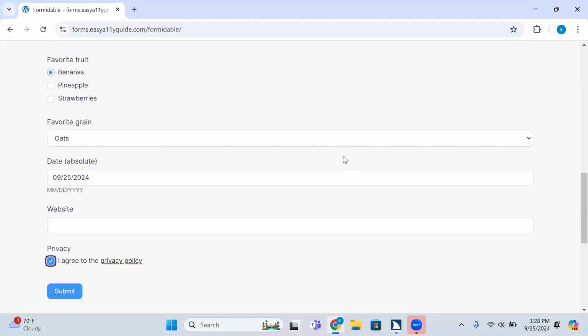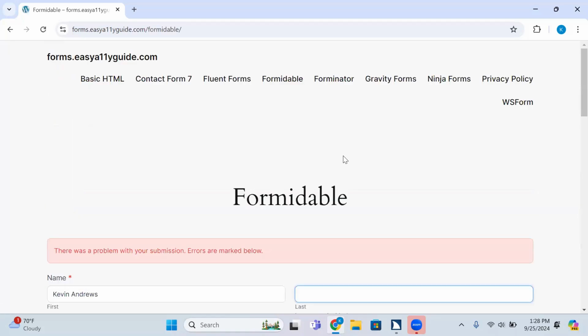Did it keep the I agree to the privacy policy checkbox checked? 'Cause I don't trust it yet. Okay. Submit. Formidable and alert. There was a problem with your submission. Errors are marked below. Alert. Last cannot be blank. Last cannot be blank. Unfortunately, it doesn't tell you invalid entry. Edit required. Blank. So you end up figuring out after the second time that last,